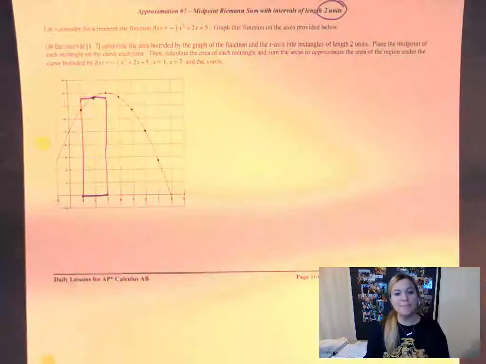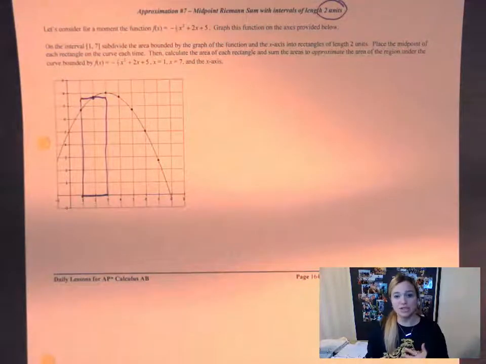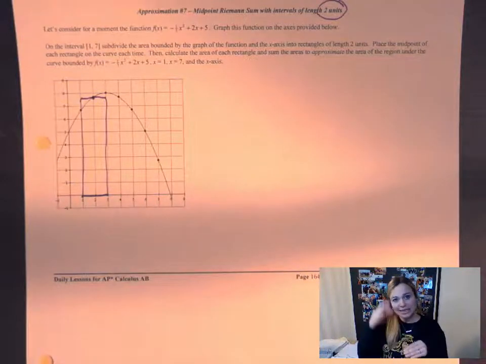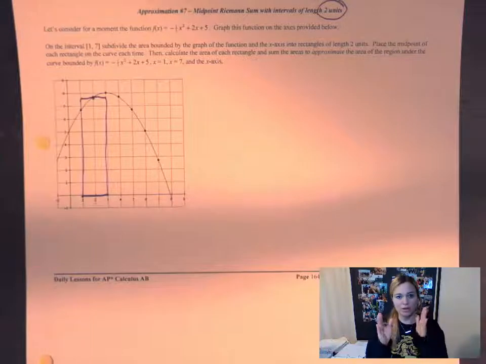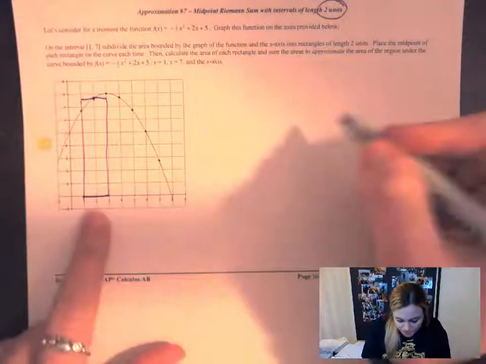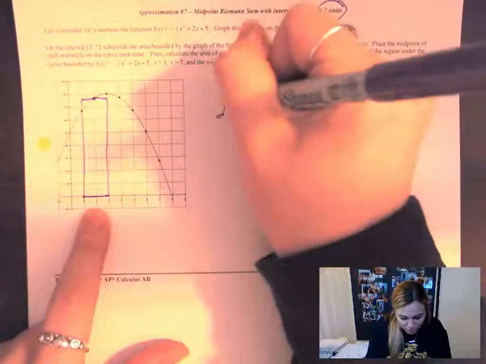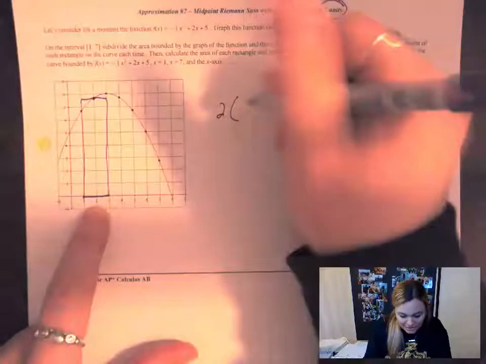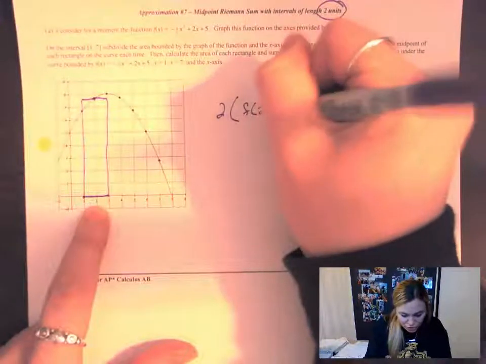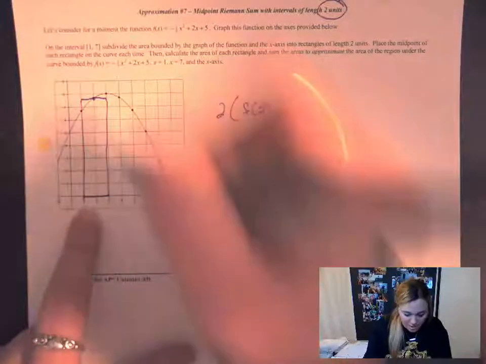So this is what a midpoint Riemann sum is. A Riemann sum is just a rectangle, like you're taking a bunch of rectangles, filling in a space to estimate the area under the curve. A midpoint, the height is determined by the midpoint of whatever the base is. So here, just like before, it would be 2 times, but now it's going to be f of 2 because that's the middle. If I do another one,